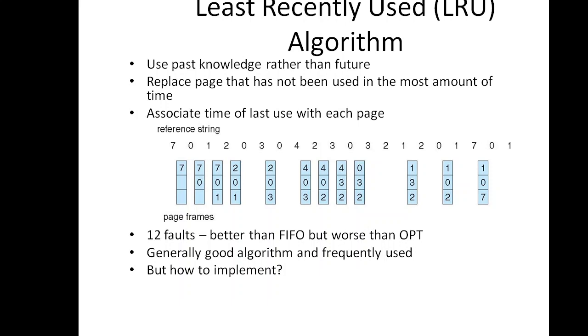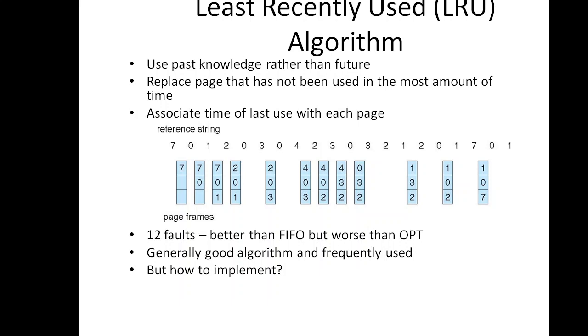Next value is 2. 2 is not there, I have to replace some value. 4 is the immediate previous value of 2, so I cannot replace it. 0 is also previous to that. So 3 is the least recently used value here, so I can replace 3 with 2. That is in the 7th block. Next value is 3, so I have to remove one page from this. 4 is recently used, 0 is the longest ago, 2 is the previous one. So 0 is the least recently used here. So I am going to replace 0 with 3.